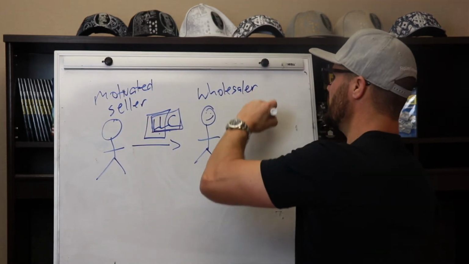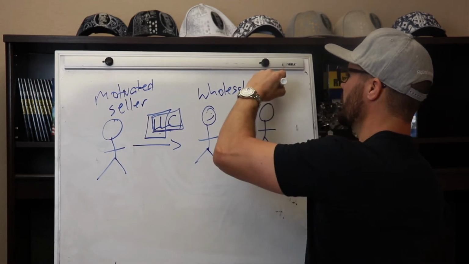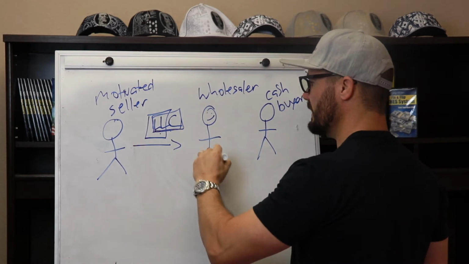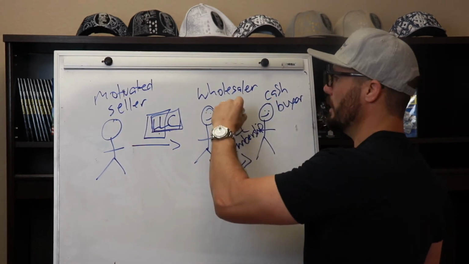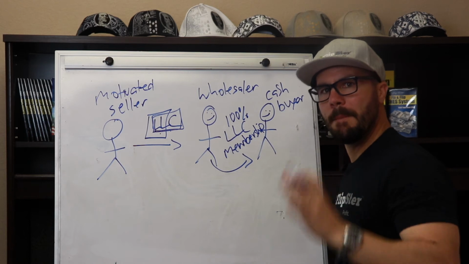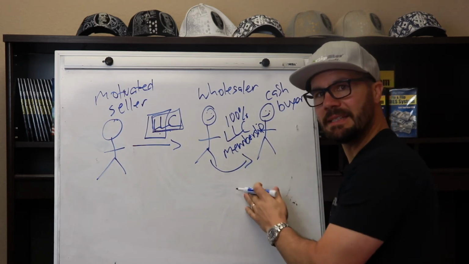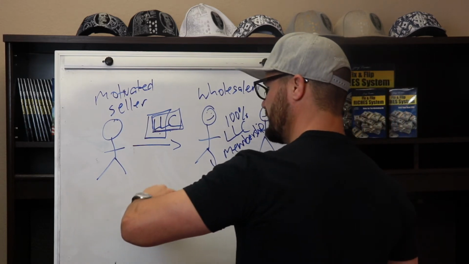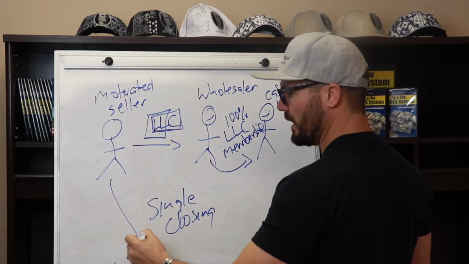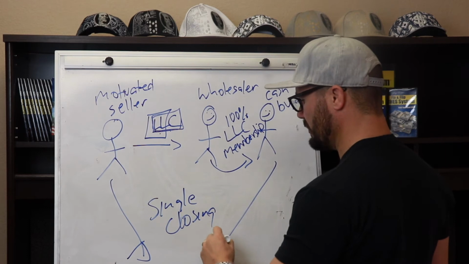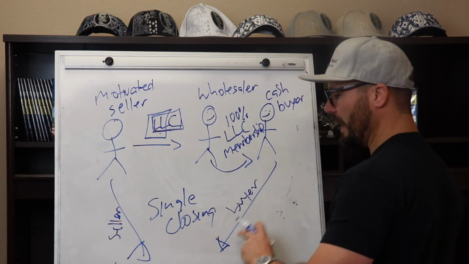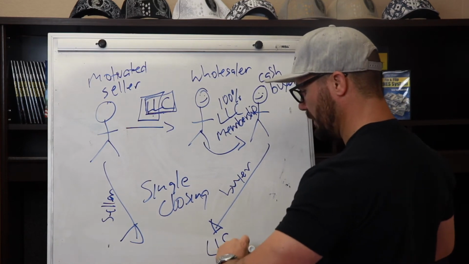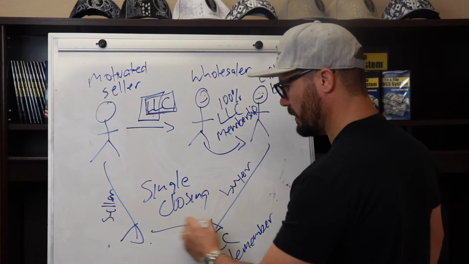Then next, you're going to find your cash buyer, but rather than assign the contract, you're going to assign to the cash buyer 100% of the LLC membership. So he owns the entity that owns the contract. Now, at closing, there is a single closing. The seller shows up as the seller, your new cash buyer shows up as the buyer, and the buyer, remember, is the LLC. Your cash buyer is the sole member, and there is a single closing right here.